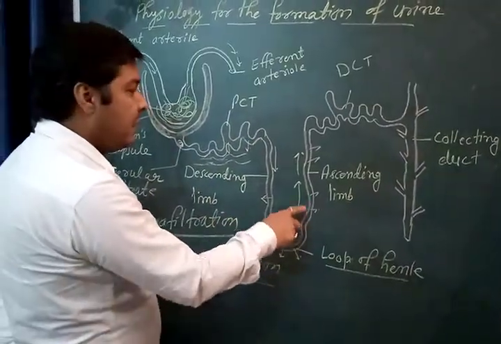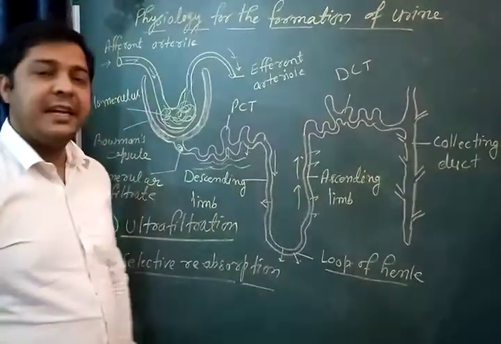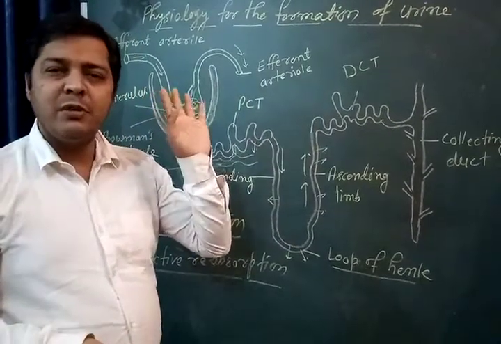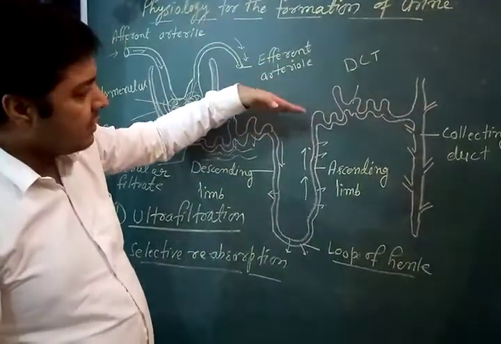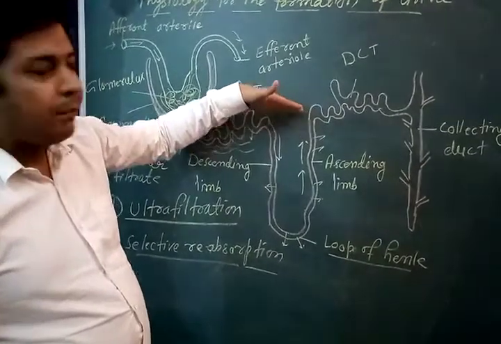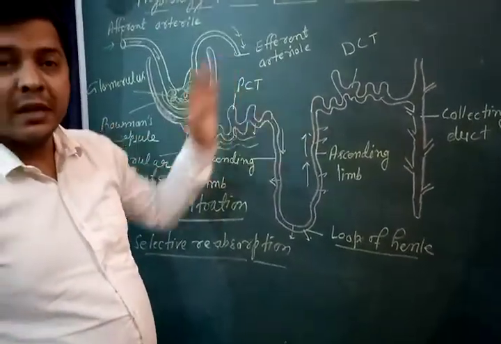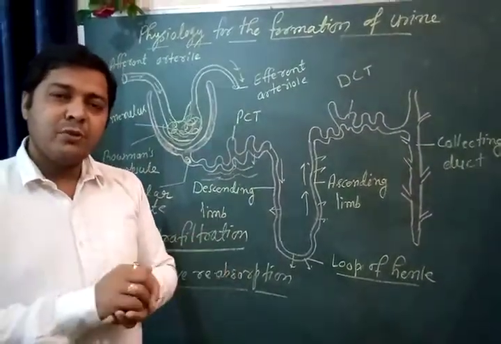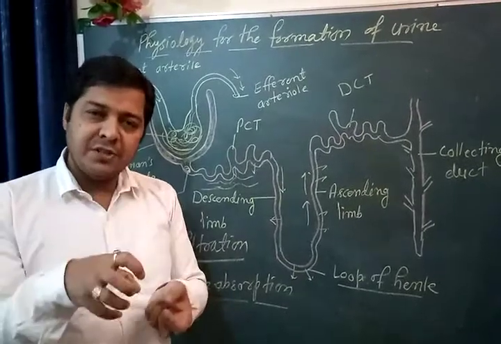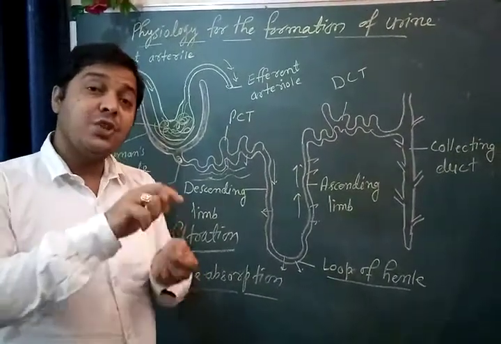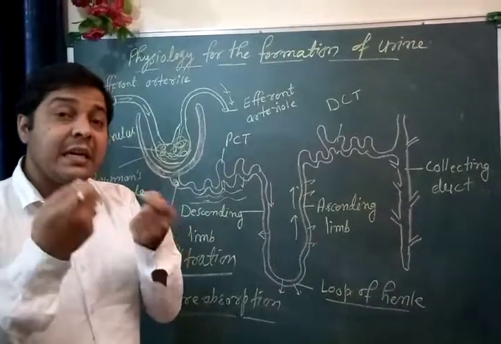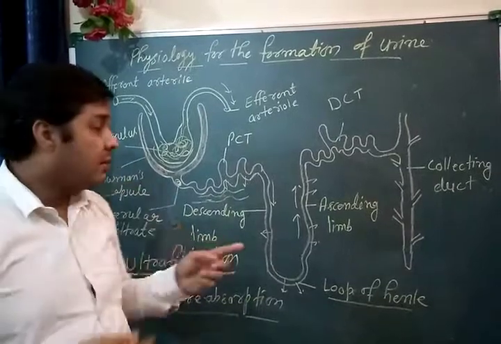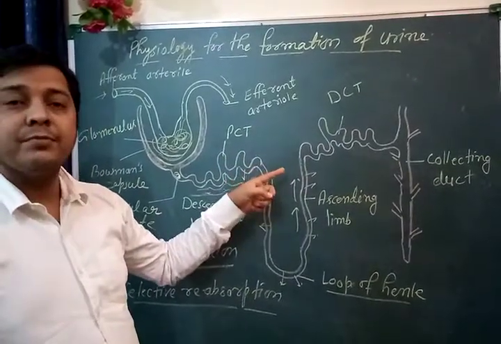Clear? And it takes place through the ascending limb. Some amount of reabsorption of water can be seen in the distal convoluted tubule, but we follow that and consider that the absorption completes still ascendingly. Clear? It means reabsorption indicates that from the glomerular filtrate, whatever beneficial substances are present are slowly and gradually reabsorbed by the capillaries which surround the nephrons.